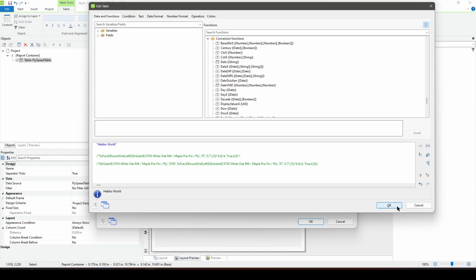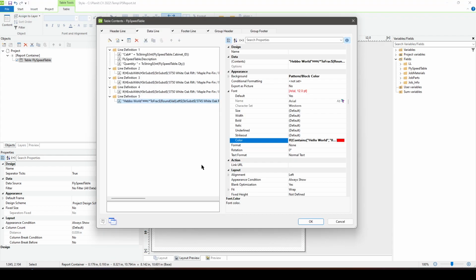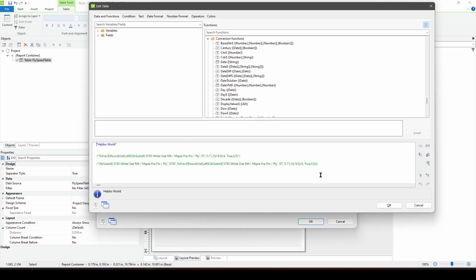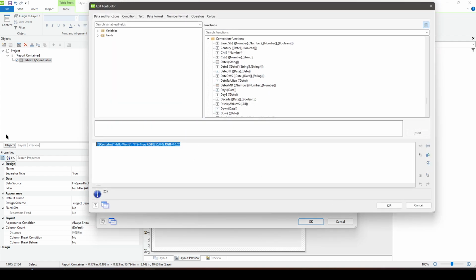But if I change it to hello world, well, it's still red. I got a little ahead of myself on this one. I'm sorry. Basically, what I'm trying to demonstrate here is how you can query a specific value and change the way it displays when those specific conditions are met. And I didn't work out the exact example here for you guys before I got to it, and I apologize for that. I'm going to try to include something